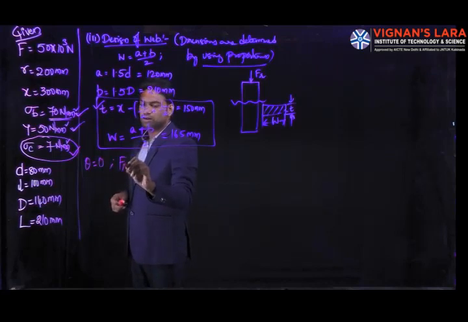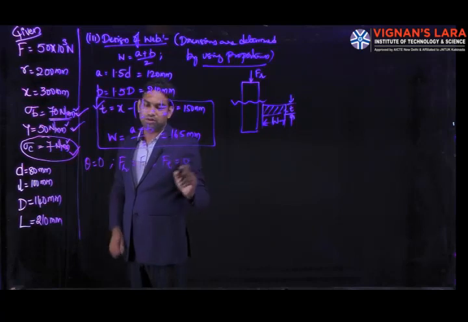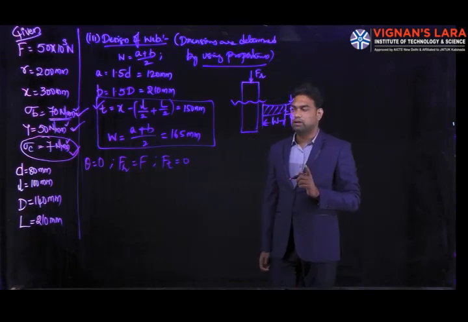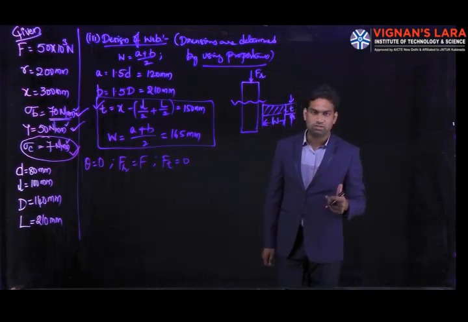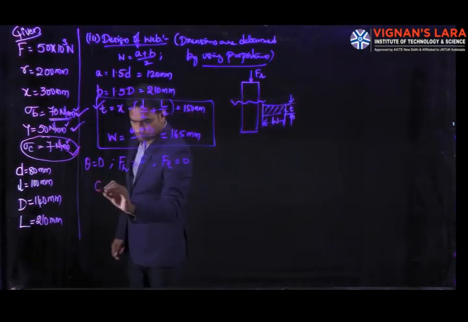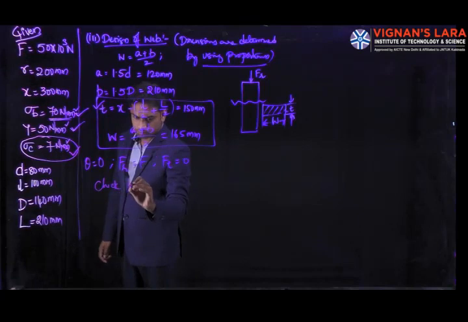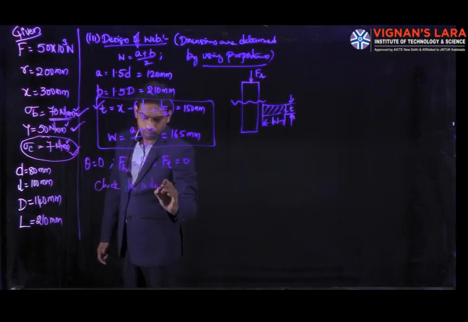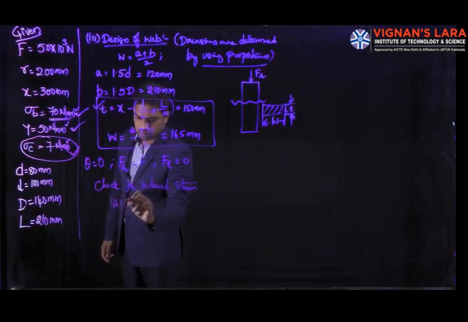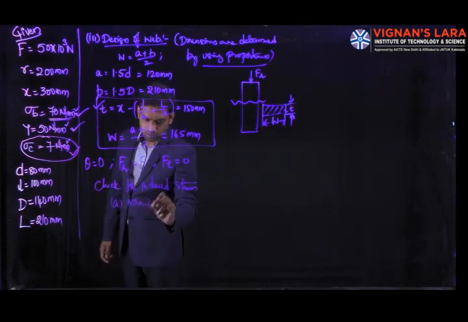So Fr, the radial component, is going to be F, and Ft is going to be 0. So the two stresses we are going to calculate by using the radial component of force. One is the normal stress, and the other one is the bending stress due to the radial component. Clear? So check for induced stresses. First one, that is the normal or